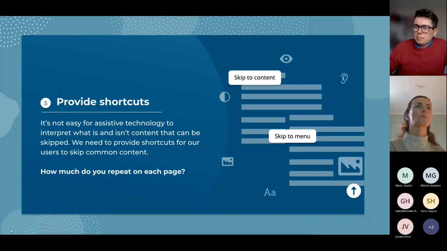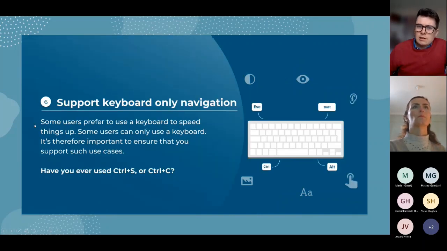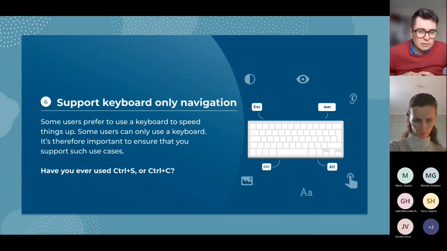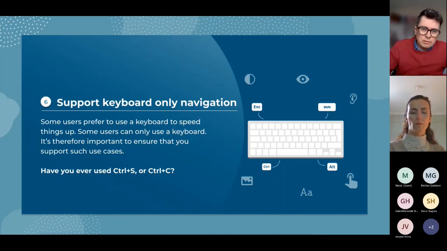Which brings us to number 6. So this is a nice one, keyboard navigation, supporting keyboard operation. If you imagine doing some work on Word or something and you want to copy and paste something, I expect most people will do Control-C, Control-V, because it's quicker, it's more efficient. We don't go to click on File and then scroll down and press copy and do the same for paste. We choose to use a keyboard.